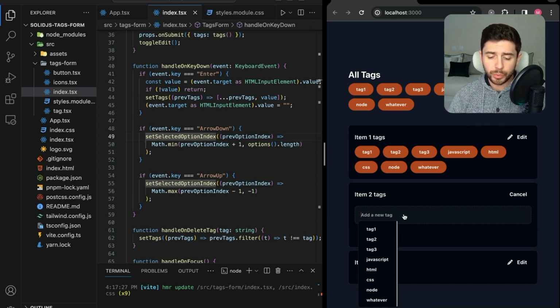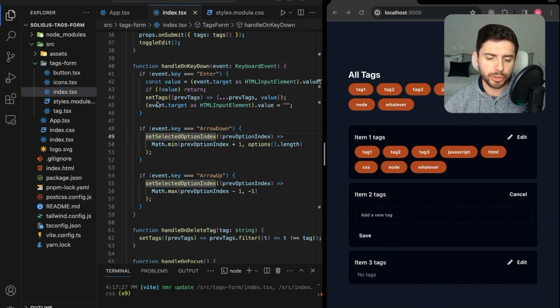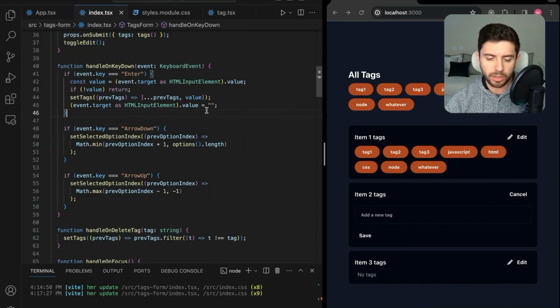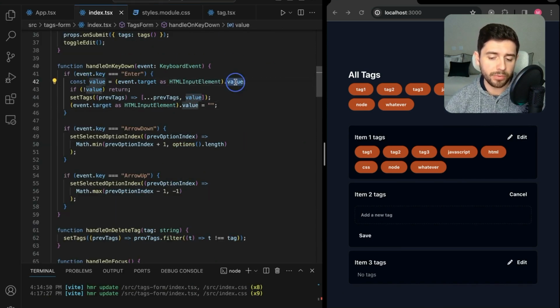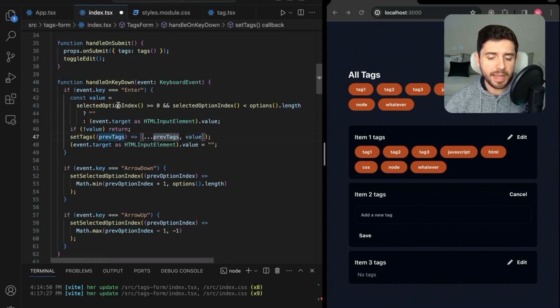What we now want to do is every time we click on the enter, we actually select this option instead of the value that's currently inside of the input. So in order to do that, let's update our handle on key down. And instead of passing the value as the value we get from the input, first of all, we are going to check if there is a selected option. So if the selected option index is greater than 0 and it's less than the options.length, because again, we can